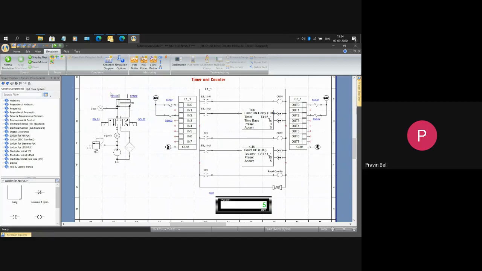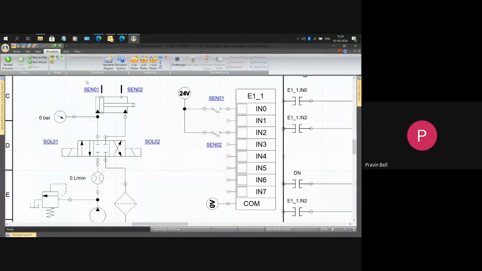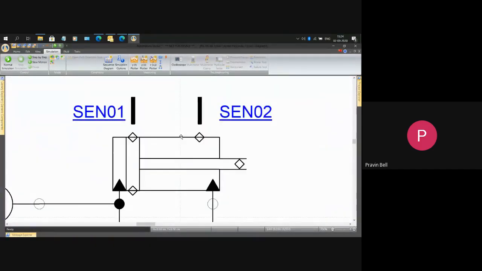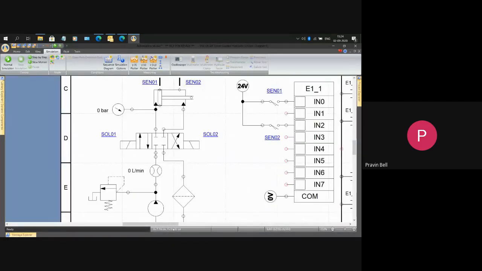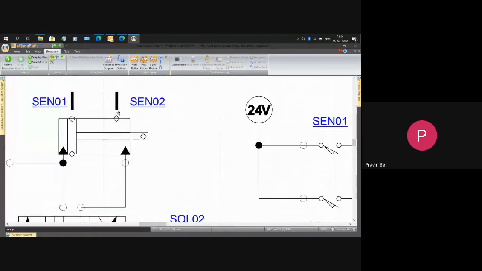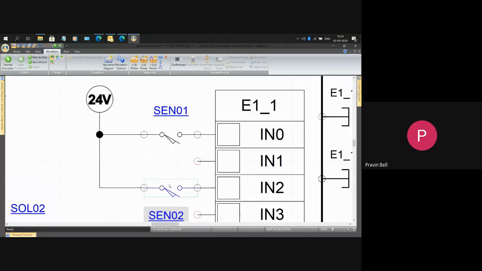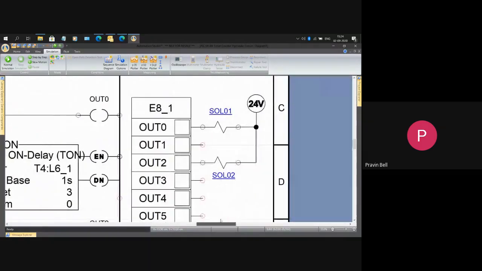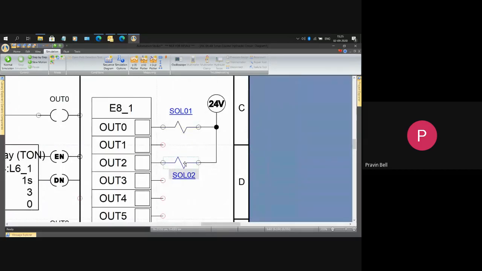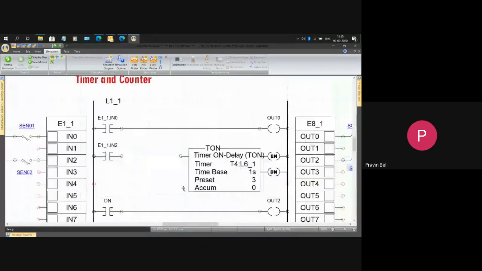hydraulic circuit. So in this particular circuit, if you see on the hydraulic side, there's a piston which has got a sensor 1 and sensor 2, 0 and end position. Then the valve has two solenoids, okay, which will be operated. Now the two sensors on the cylinder will give signal to the PLC input card here. Okay, this is the PLC input card. Sensor 1, sensor 2, these are sensor switches. The output of the PLC has two solenoids here, and these are connected to the valve. Okay. Then in the middle, you can just drag, drop, and create any logic you want.